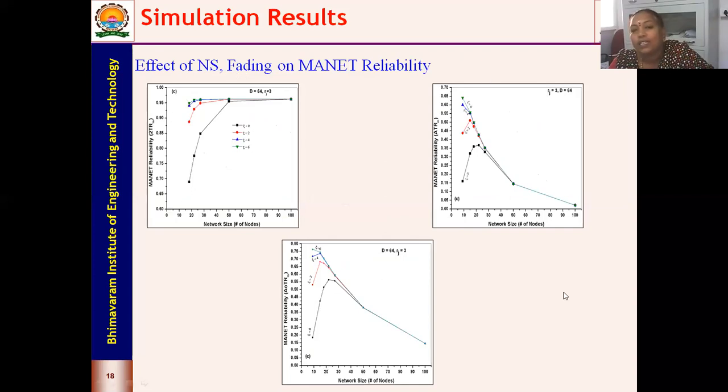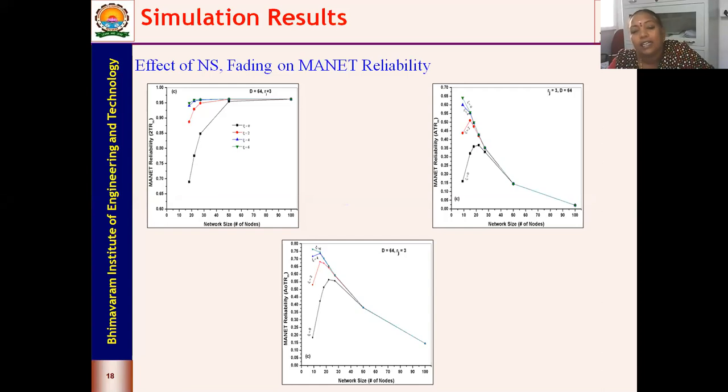And coming to your network size, we need to define what should be the total number of nodes. So when you look into all the 3 cases, in plot 3, when psi is equal to 0, you have a peak, and after the peak you see that it decreases, and mostly in all the cases around 20 to 25 nodes is sufficient for your network to perform in this particular environment. The environment I'm referring to is the coverage area of 64 square miles with a transmission range of 3 miles.